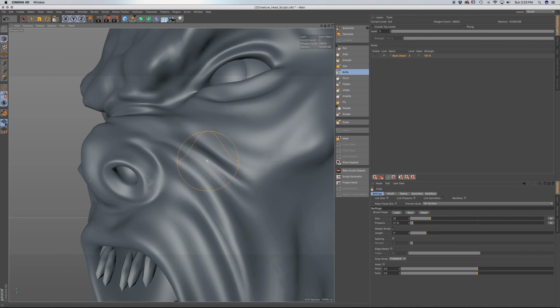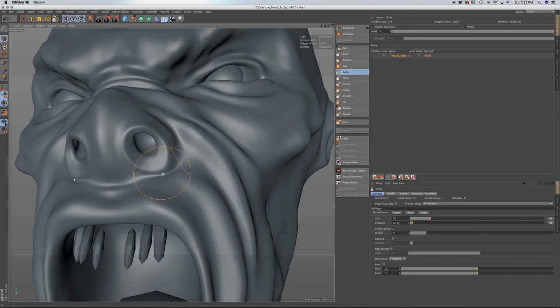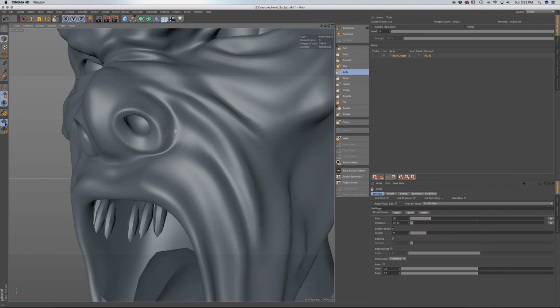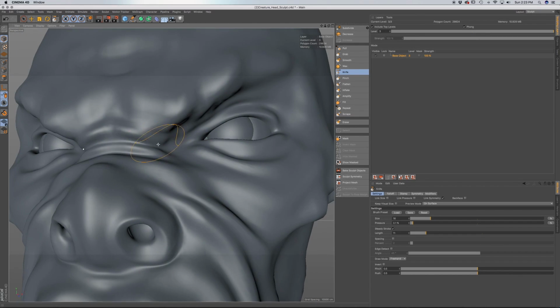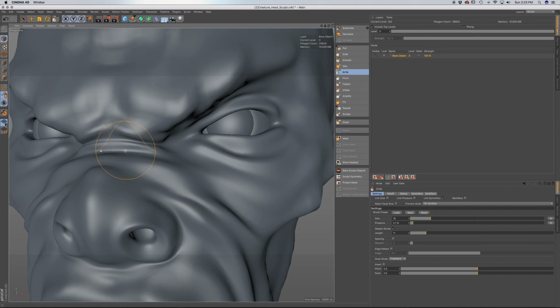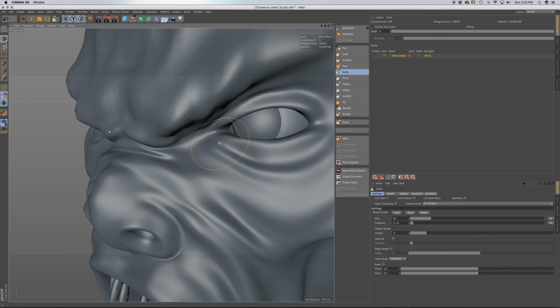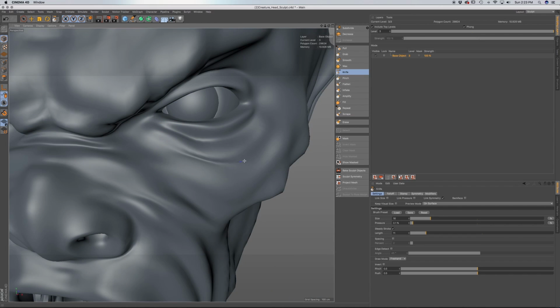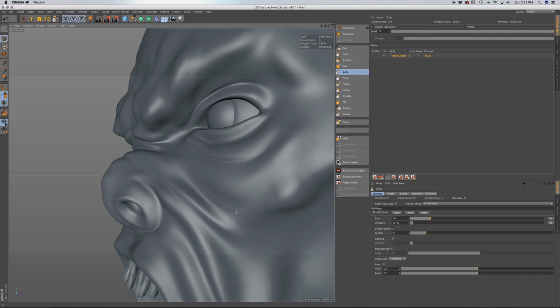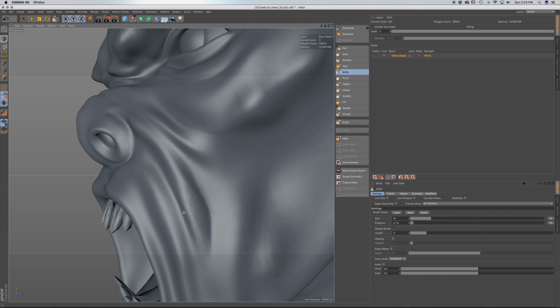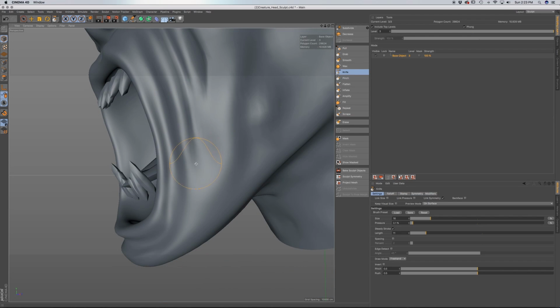What we're after here is to get a better separation between things. Like around here in these creases of the nose, these nose wrinkles. I'm gonna pull this down maybe. Around the eye is a good place where you really want to start making some deeper lines. Around the mouth, that's a little too much. And what you're gonna find is